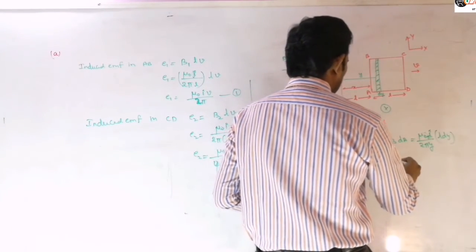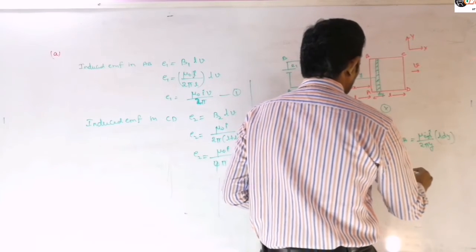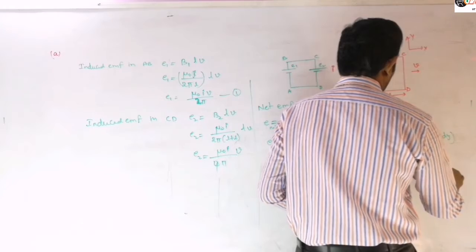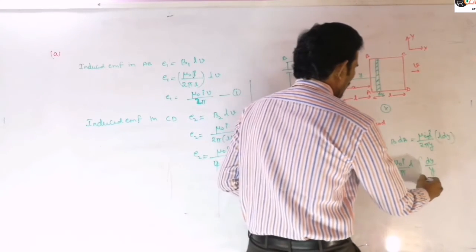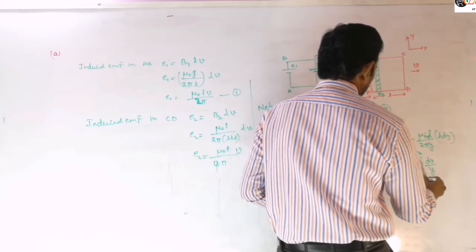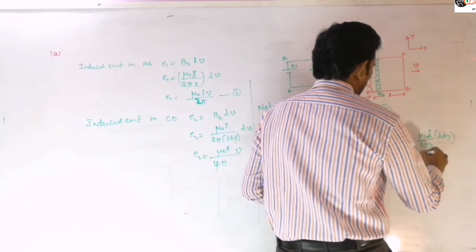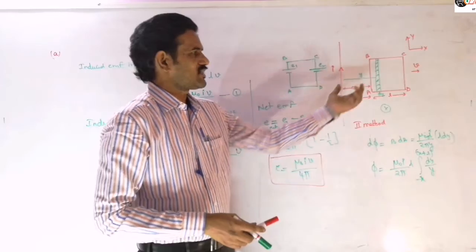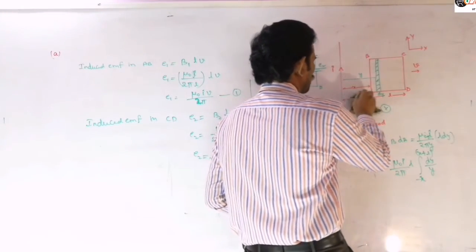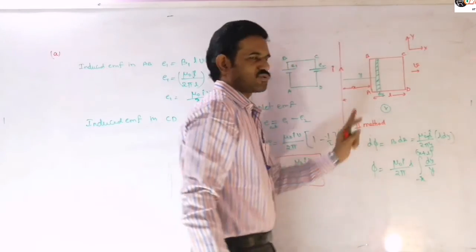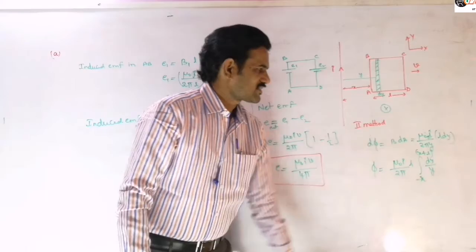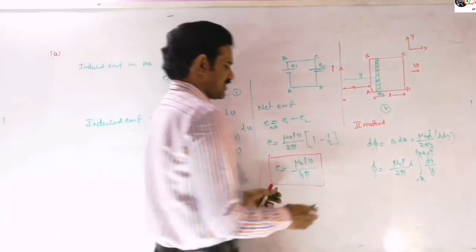So the total flux is μ0 I by 2π into L into the integral of dy by y. Now the y limits are varying from x to x plus L. That means at any instant we are assuming that this distance is at L. Now it is not at L here. Finally we will substitute that. We are assuming at any instant it will be at a distance of x, so x is the lower limit and x plus L is the upper limit there. So that you will get this flux calculation here.